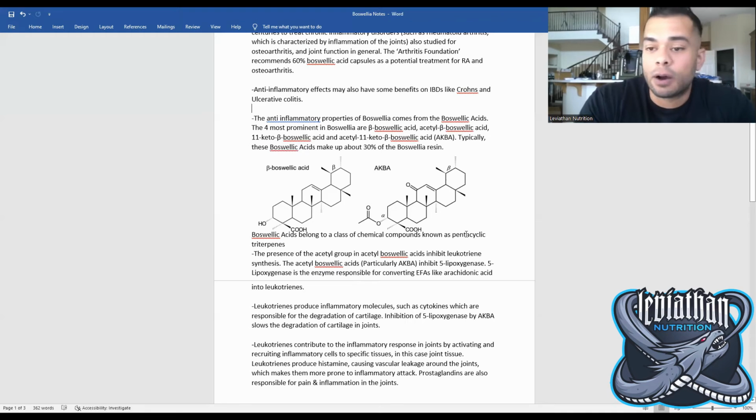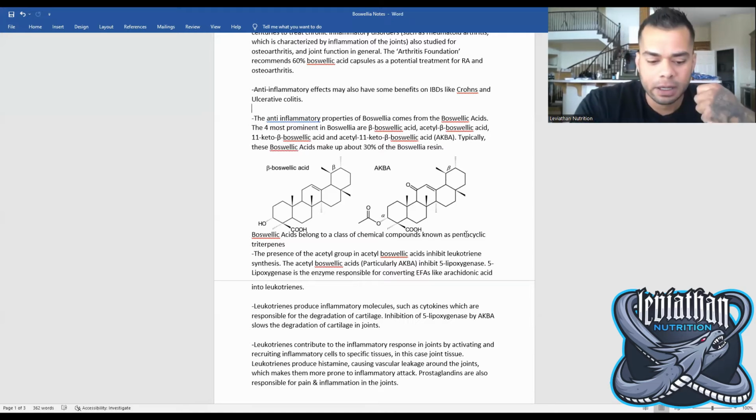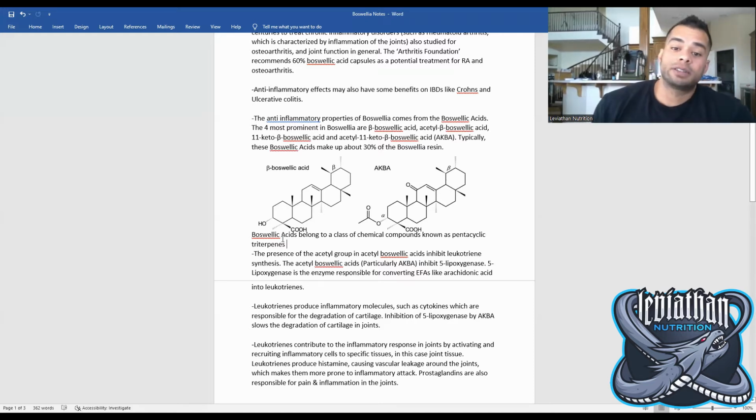Leukotrienes basically produce inflammatory molecules such as inflammatory cytokines, which maybe you've heard of, basically responsible for a lot of negative effects in terms of the inflammation response in your body. The class of chemical compounds that the boswellic acids belong to are known as pentacyclic triterpenes. It's a triterpene, if you've ever heard of that term, just so you're familiar with what chemical structures can be called. Not very important here though, but the important thing is the presence of this acetyl group and its ability